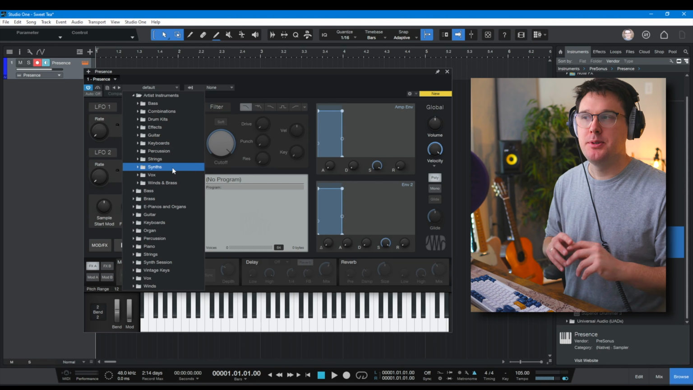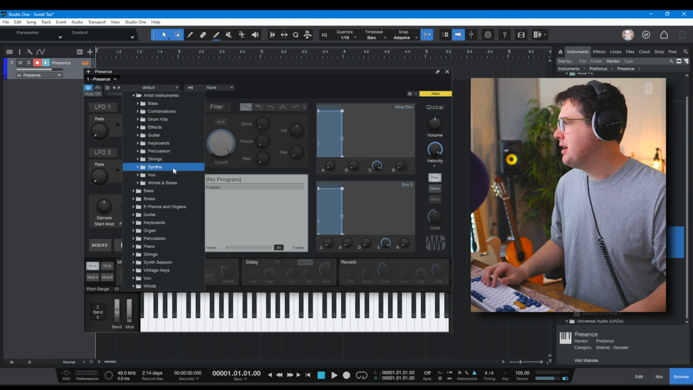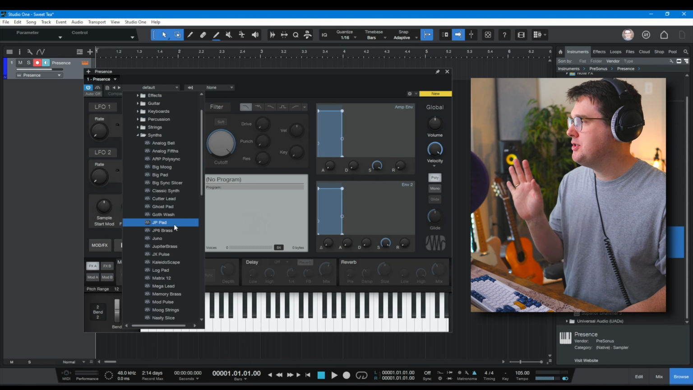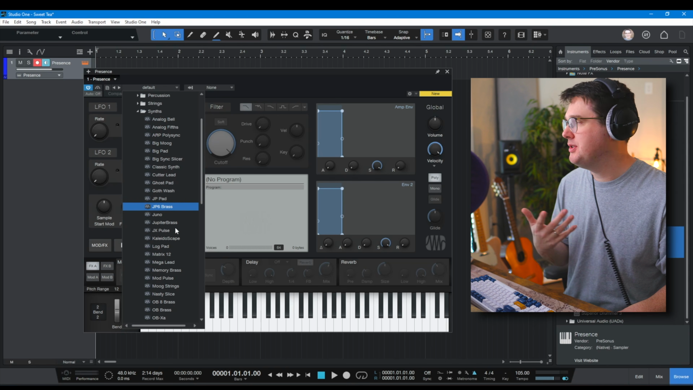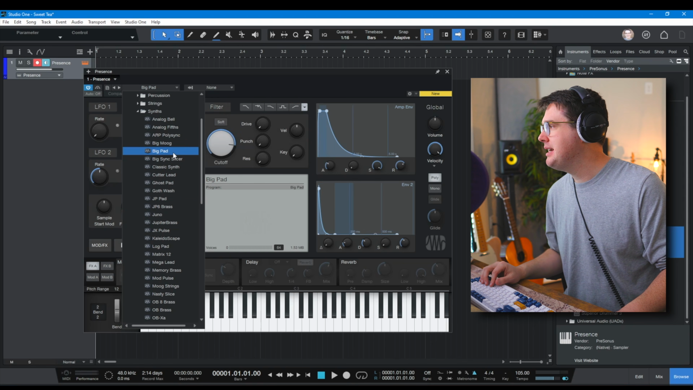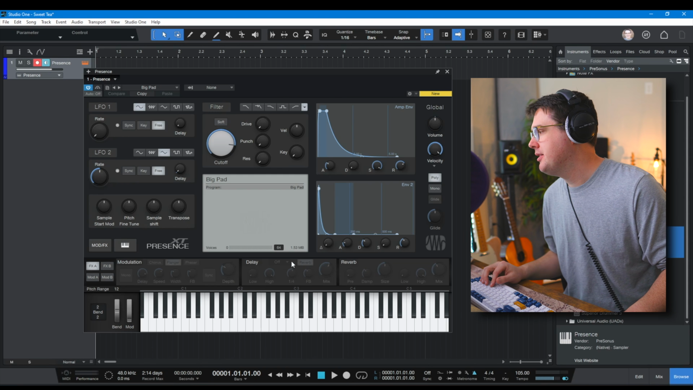I believe I want to have some sort of pad sounds. That's going to give me some chord changes, something very specific. So I'm going to go with synths, and then basically I can just choose any of these I want. As soon as I click them, it's going to load the sound in Presonus Studio One. Let's go to Big Pad. As soon as I click it, you can see a bunch of stuff shuffles around on the screen. And if I click any of these keys,